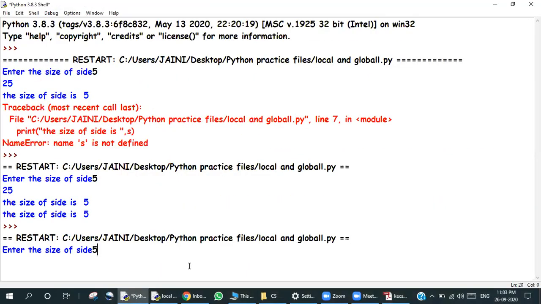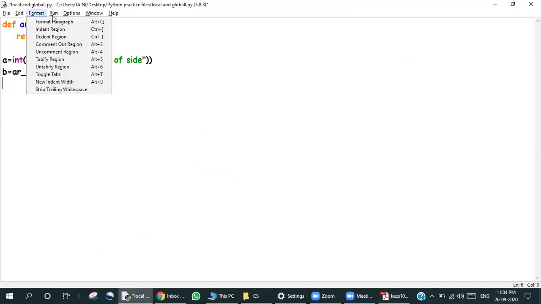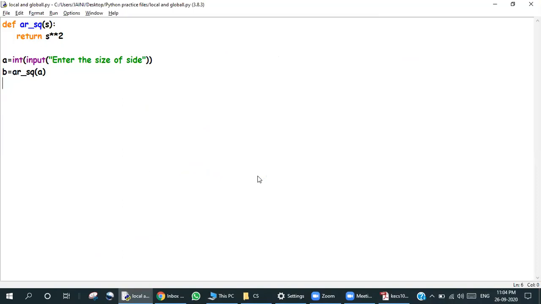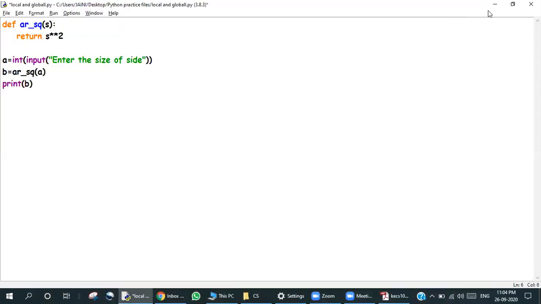So over here 5, 25. Now, if I don't do this, still everything happens. Only thing that doesn't happen is you cannot see the final result. To see the final result, we need a print statement. So this